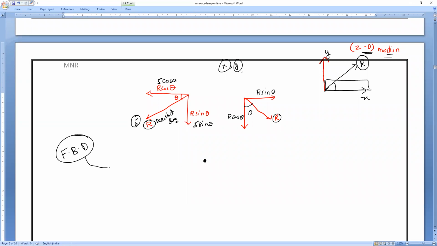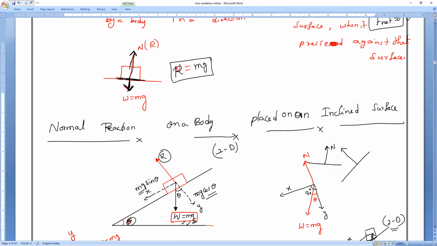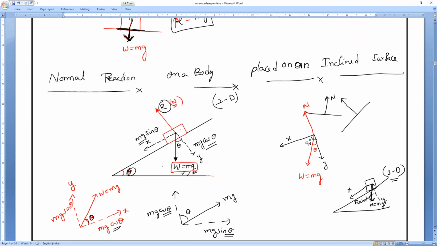Then we are using it as mg. Weight is equal to mg. If mg means the resultant force, then here it will be mg sin theta, and here mg cos theta will come. Clear? That R is the resultant, that is mg. This R is not the normal reaction. All of you remember that. Don't get confused. Before, the R we used was the normal reaction. So to avoid confusion, avoid R and put N for normal reaction. N is the preferred letter in the entire 11th class also, so use N so that no confusion will come.